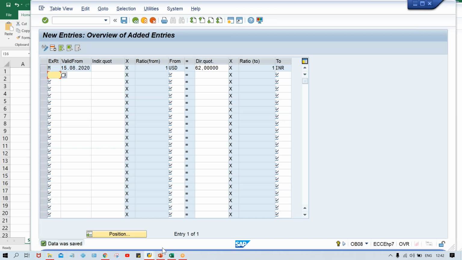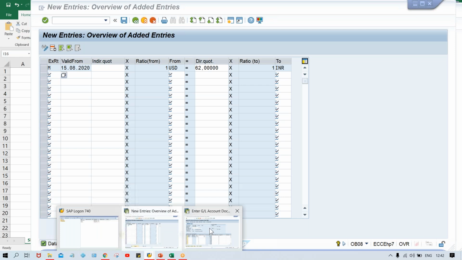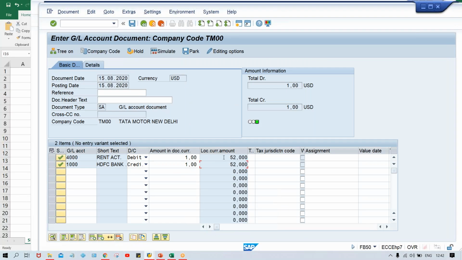Whatever rates are specified here, the system is going to consider that rate itself. How the system is going to consider this rate, how the system is going to read out this rate, guys, that I will let you know, I'll explain to you. Okay, so again, if you want to check, /n,